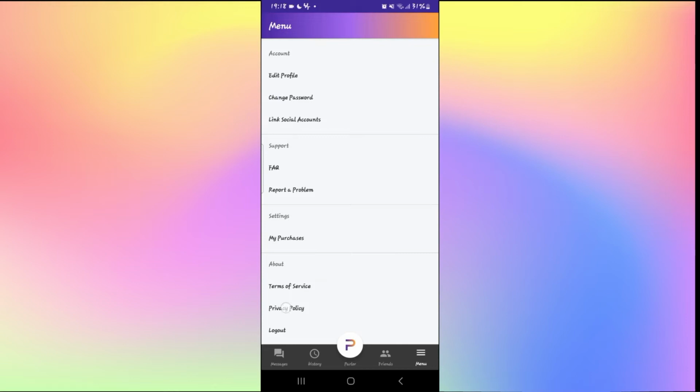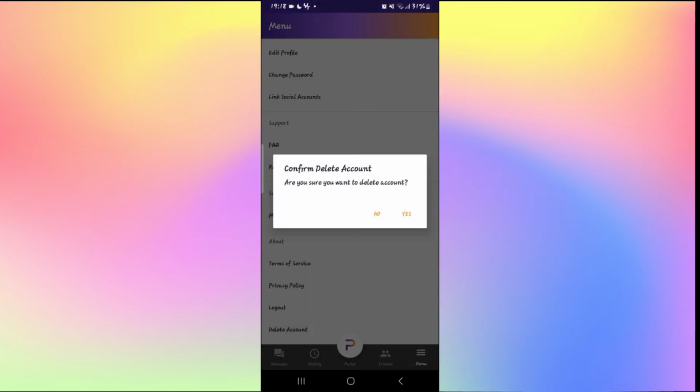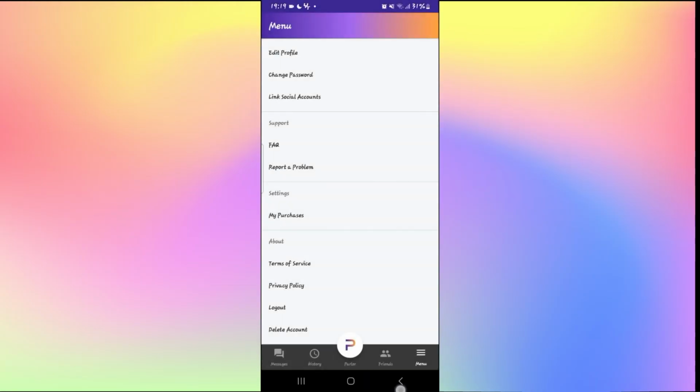Now, right at the menu page, if you scroll all the way down, you will find the delete account button. Go ahead and tap on it, and you will be asked whether you are sure that you want to delete your Parlor account. Go ahead and tap on the yes button, and this will proceed with deleting your account for